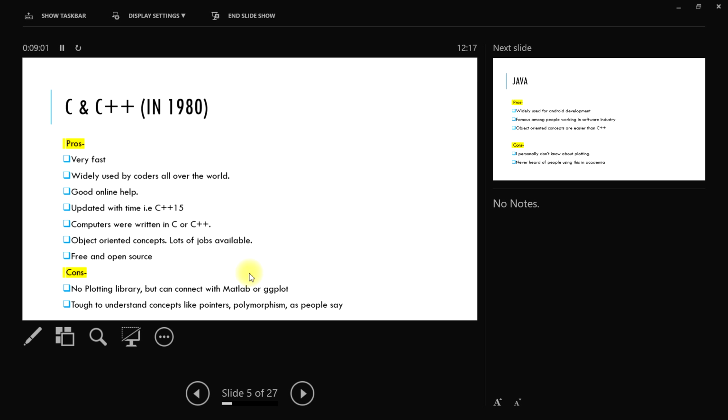Suppose I have a FORTRAN program and I would like to call it in C++. Is it possible to call it? I do not think so, because Fortran hasn't been updated, but this exists for Python and C++. If you write a program in Python, there are libraries, because Python is slow. People write code in Python and convert it into C++ so that it will run faster. But I'm not sure about C++ and Fortran, never heard of it, and I don't think so.